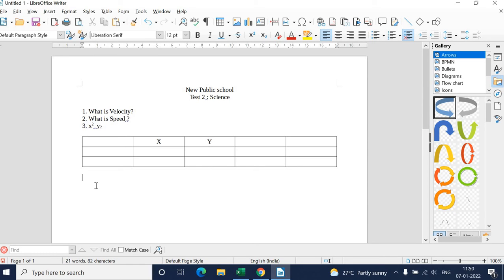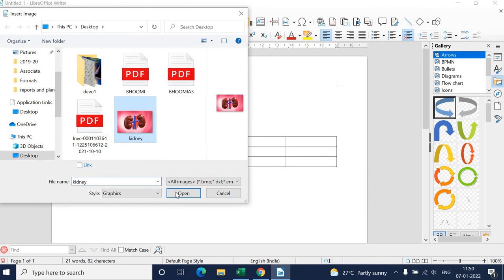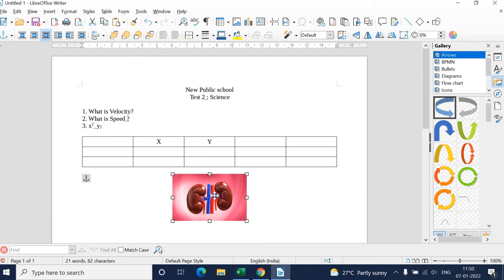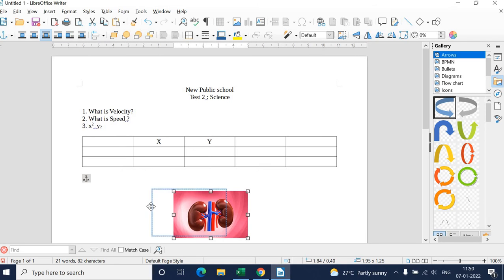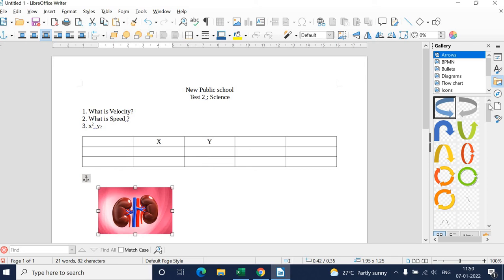And there are chances you may require to add images also, like you can download an image from Google and you can add it. Here it is, how to insert an image. You can select this icon, insert image, select the icon like this, select the image. So you can insert the image, you can hold and place it like this. So this is one, you can do that like this.